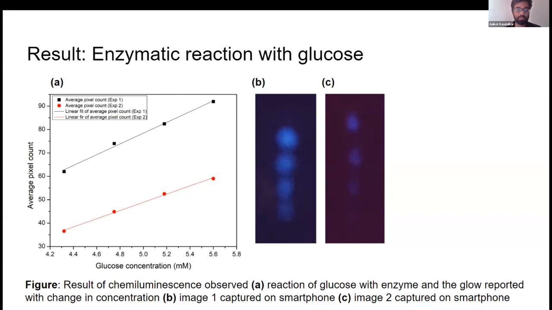On the left, you can see the data of the same: as the glucose concentration increases, the average pixel density increases. All of this was processed in Python. If you have an image and you process it and submit it to a server or a computer, after processing you might get some data, and you will directly get the concentration of glucose in the sample. The work has been done up till here only.